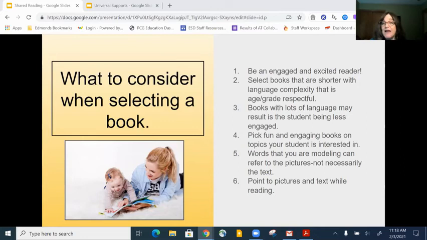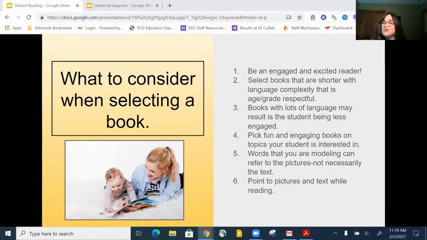Books with lots of language may result in the student being less engaged. So you want to pick books that are shorter, or you're just reading part of it, the page that gets the most content across. So what the essential detail is in the picture and the information they're trying to get.